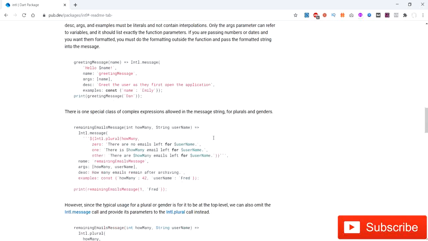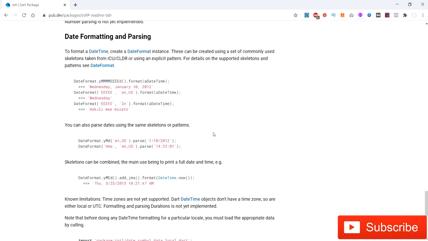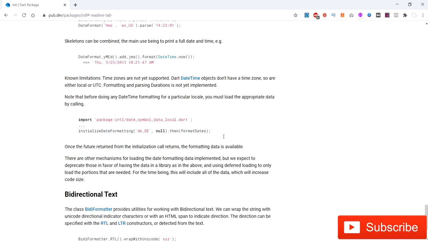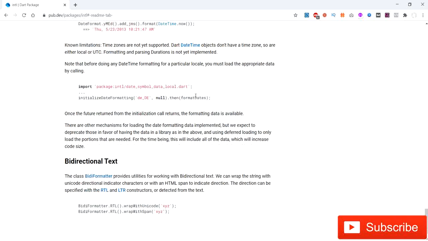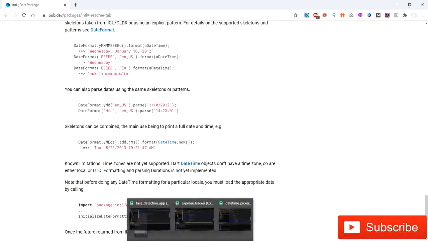There are a lot of examples. There are really good examples that you can see here. A lot of options for number formatting. This is the date formatting that you see here. There are a lot of formats available, yMMMd and so on, and you can use it to select time as well. Coming back to our